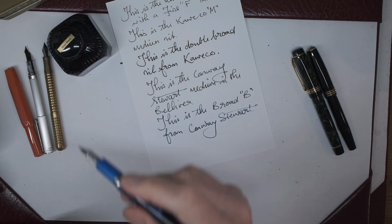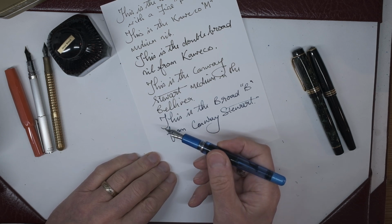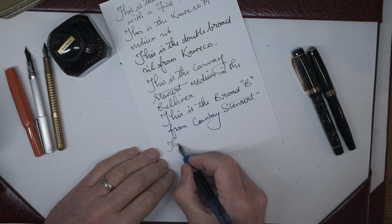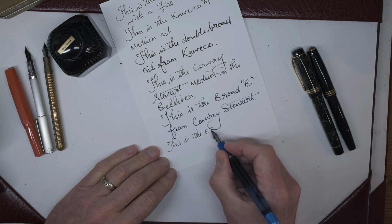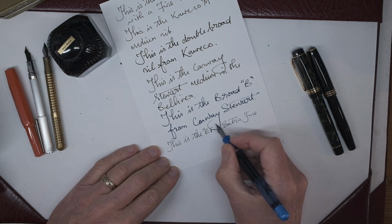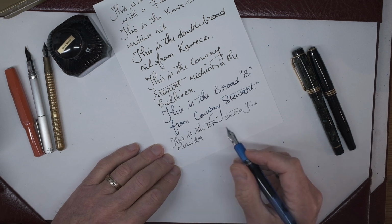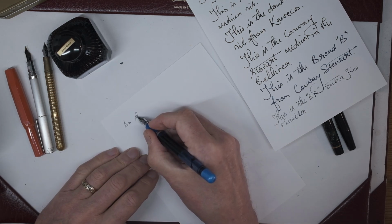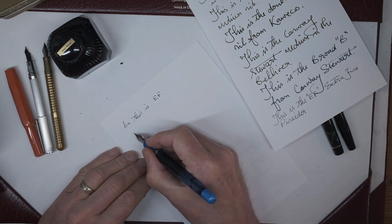Now, one last thing I think I ought to show is this, which is the Pineda, but it's their flexible nib. So with this you can get, it's an extra fine, an EF. And if I write very lightly, then it looks like that. But if I then get another bit of paper, so this is EF, and then write a little bit more harshly,